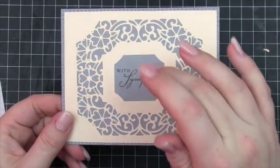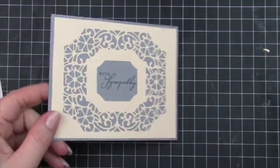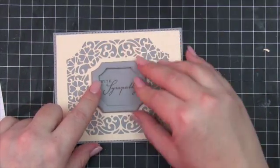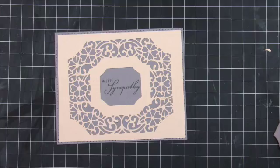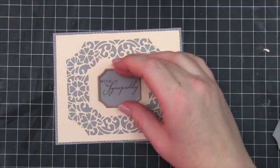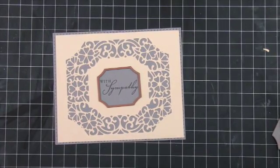What I want to do now, because I want this piece to be dropped down, is, I was thinking that the frame would give that a sufficient look, but I really wanted it to look more drop down than that. So I'm actually going to take my die here and I'm going to cut that out of the center. So I think it's this one. Yep, so we're going to pop that in there with a bit of tape just to be sure it's in